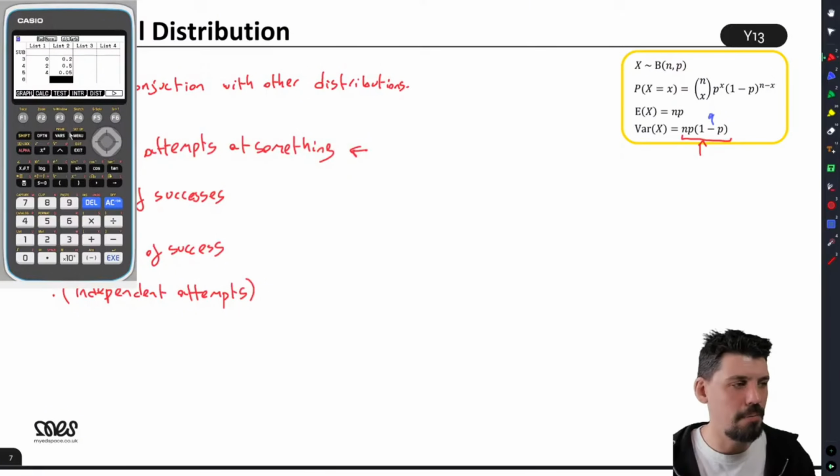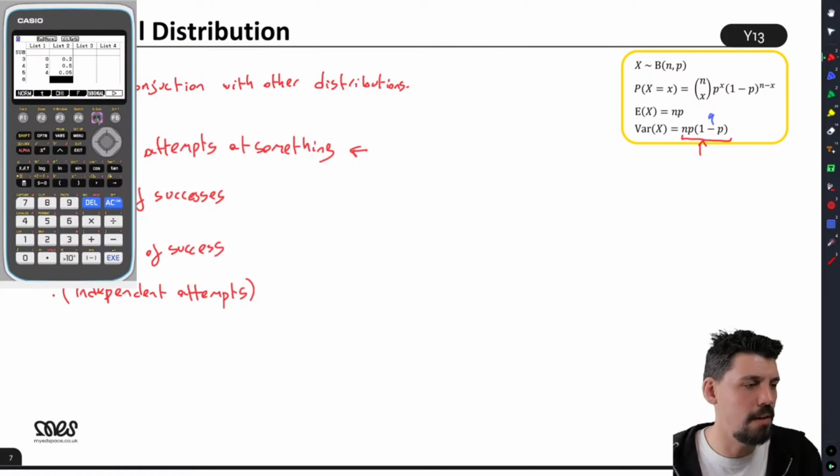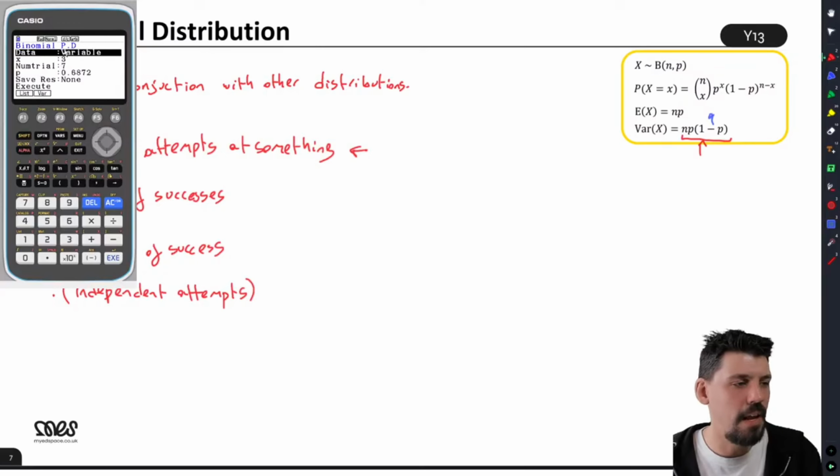Literally, most of the time, the last few days, anything to do with my calculator, I've been here in the stats menu, and this is where I think it's worth a look. If you go distribution, binomial, BPD is an individual probability. I tend to live here in variable. What list means is you can do a bunch of them at the same time. We don't want to. Variable, number of trials, so that's my n. That's the number of successes I'm looking at the probability of. That's my probability.